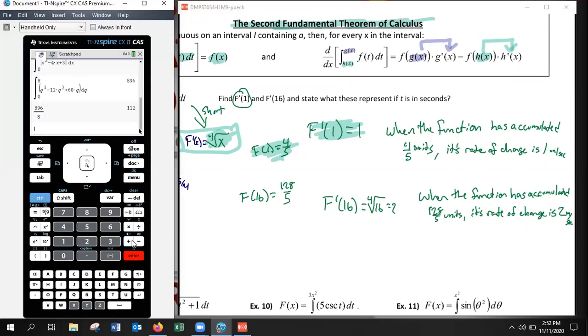By finding both the antiderivative and the function itself, it gives more context to what's going on. And same thing if I plug in 16. When I plugged in 16, you could see that when I've accumulated 128/5 units, its rate of change is 2 units per second. So it shows a good representation. But anyway,